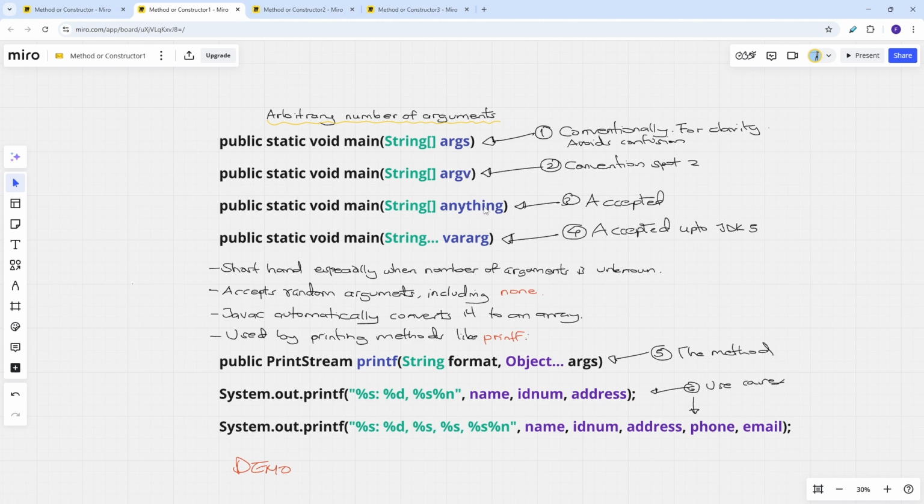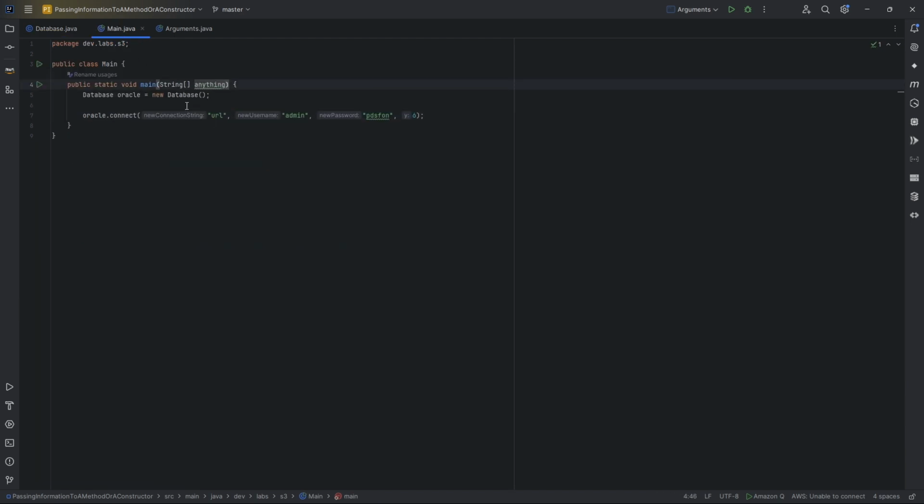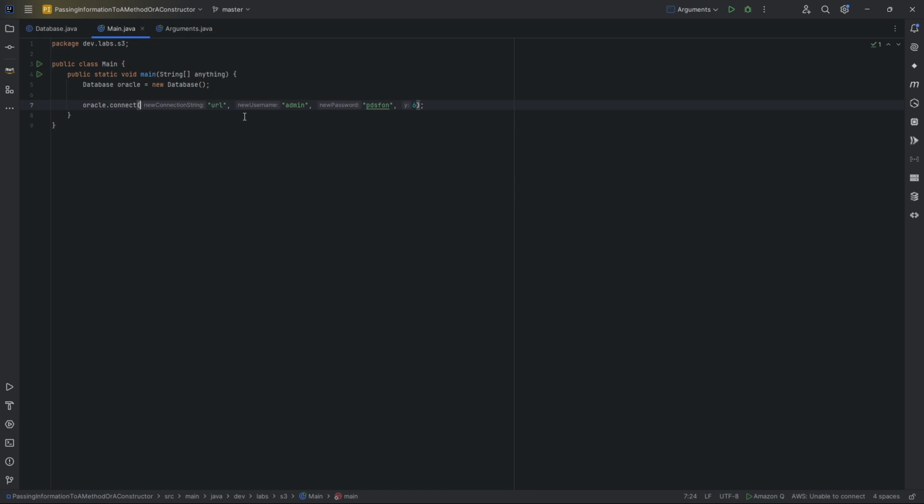However, what is allowed is you can name this anything you want. So that's why I said anything. It will not cause any errors if you use anything that you want. For example, "anything". That should not cause any errors. It is still accepted and it will run. So going back,